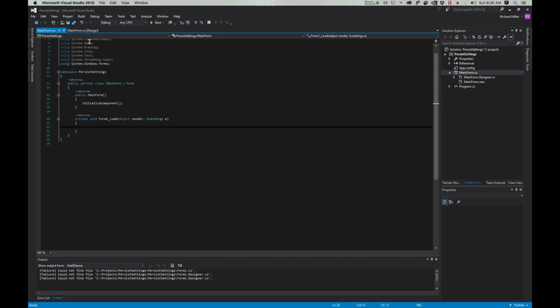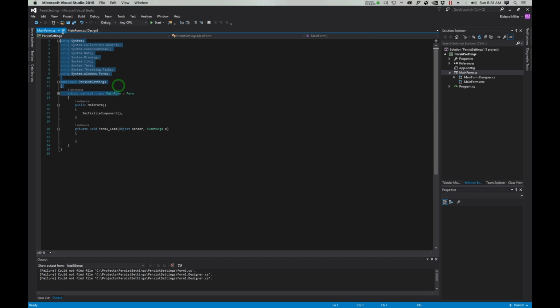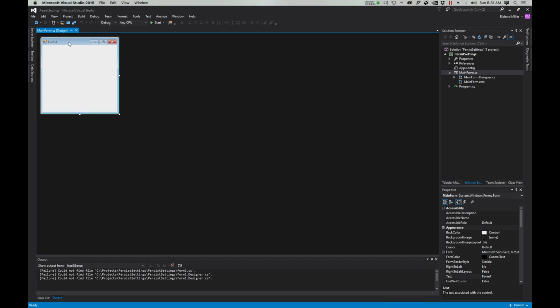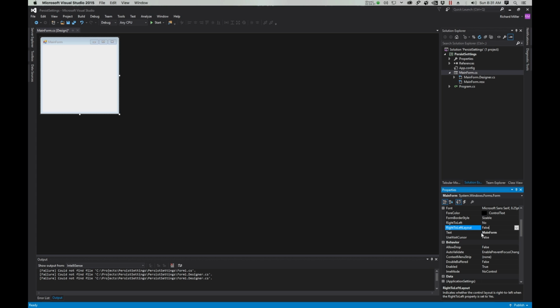Okay, so the class has been changed, the constructor has been changed, fine. The only thing that hasn't changed is the name of the form. That's the original text, the title of the window, and we can change that down here in the properties. Hey, there it is right there: MainForm. Just like that, now we're all good to go. But I'm going to change that title. I'm going to say Persist